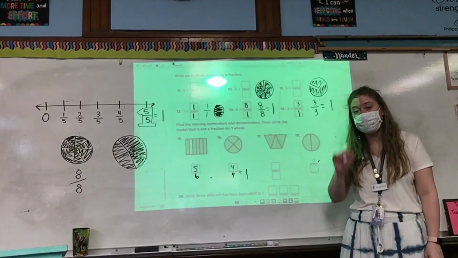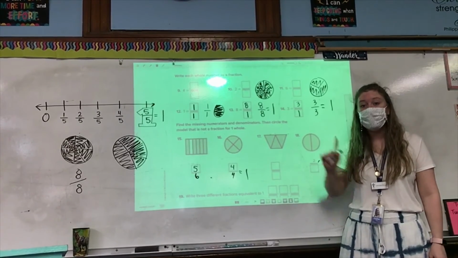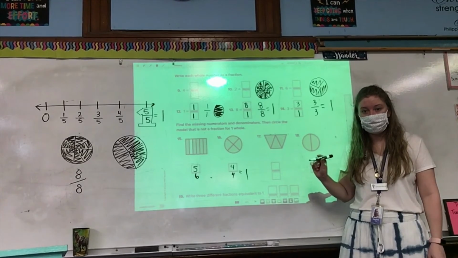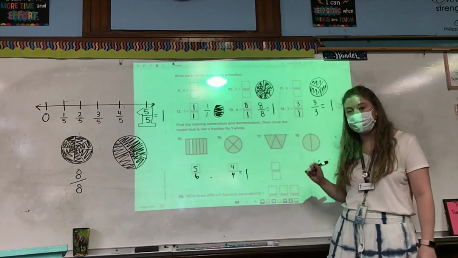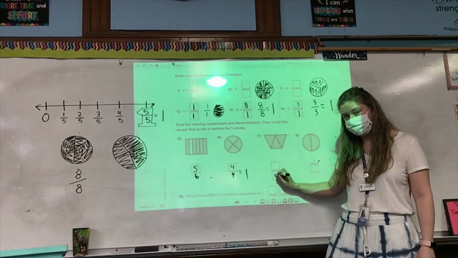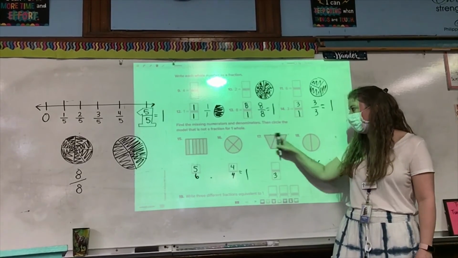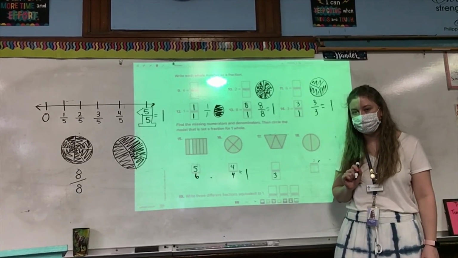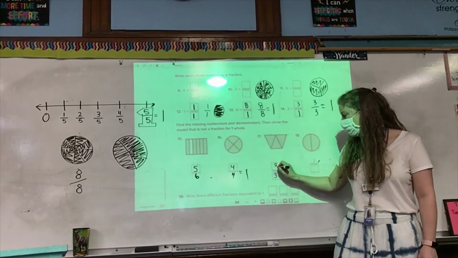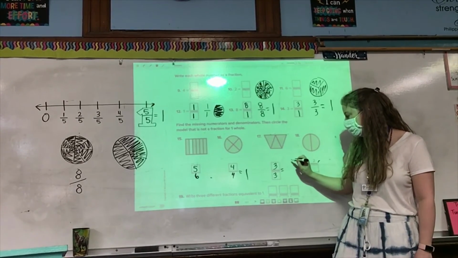So how many separate shapes with no space between them do we have? 1. Zari? 1. And it's broken into how many pieces? 3 pieces. So what's our denominator? 3. How many out of those 3 pieces are shaded? 3 of them. So we have 3/3. Let's tell ourselves it's equivalent to